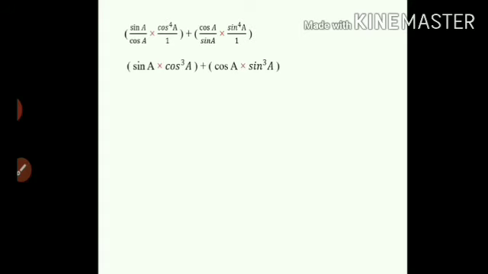In the denominator we have sin A, means we have one sin A, multiplied by sin⁴A, we have 4. So from that 4 we are cancelling this 1 common, so 3 is left, so sin³A. Again you can see sin and cos are common, so I am taking sin A and cos A common in both the brackets.